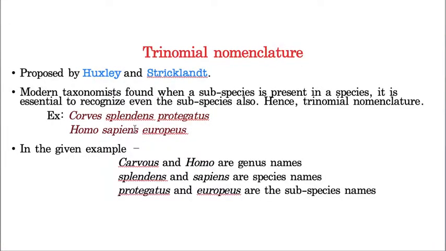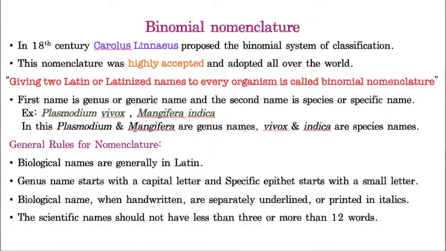For example, Corvus splendens, all are crows only. You go to America, that crow never becomes a dog, and a buffalo never becomes a lion or a tiger. That means they are definite species. A lion species is a lion species. If it is present in India, that lion never becomes a dog. So there is not much importance for trinomial nomenclature. Hope you understand. So out of the three nomenclatures, the most important is the binomial nomenclature only.